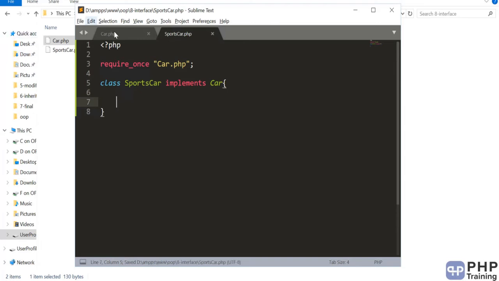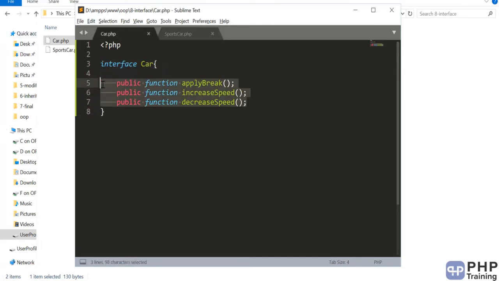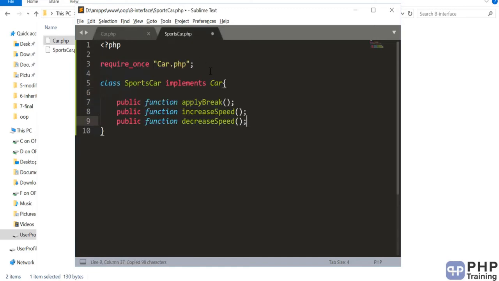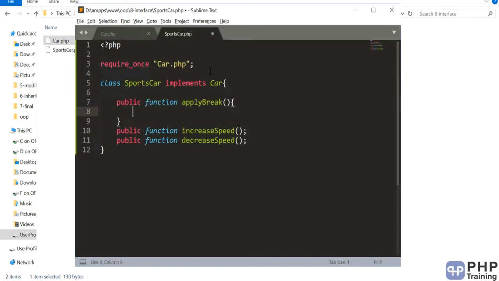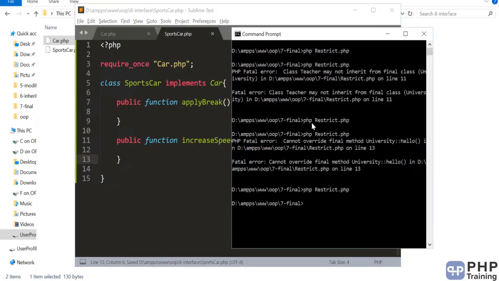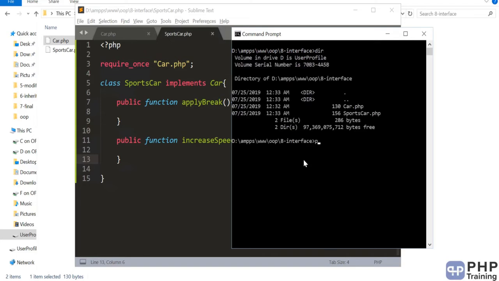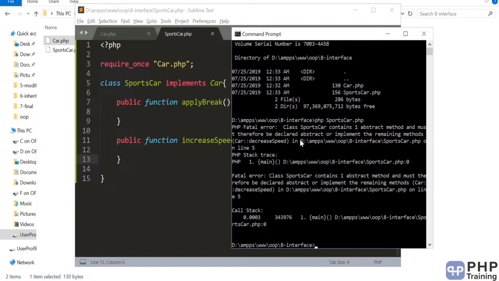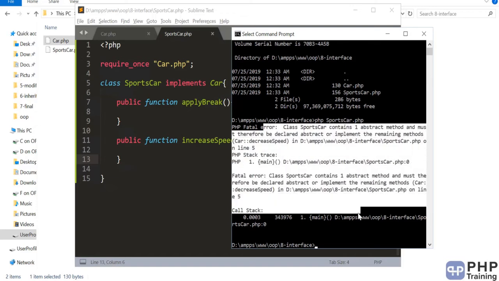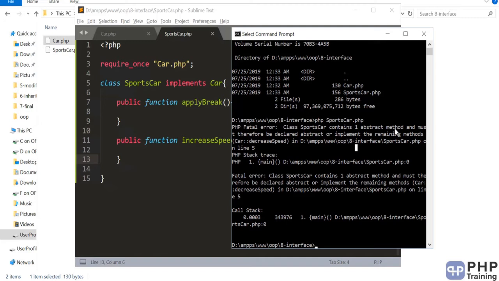Now you have to define the three methods. Let's copy this. Now you have to define them in the class. Let's say we haven't defined one of them. Let's execute the SportsCar and you will see an error. The SportsCar is giving an error because you haven't implemented one of the methods.